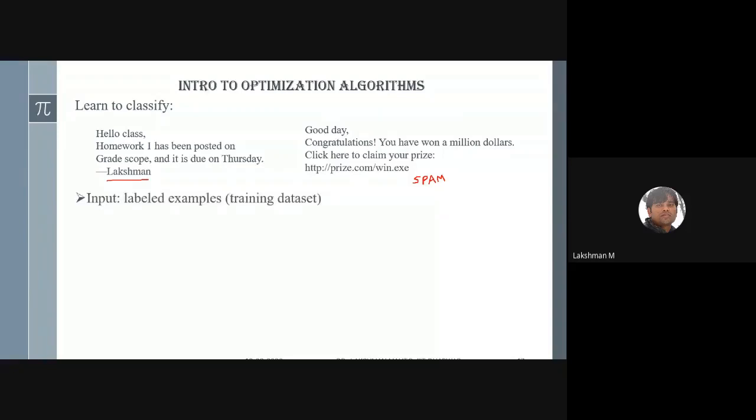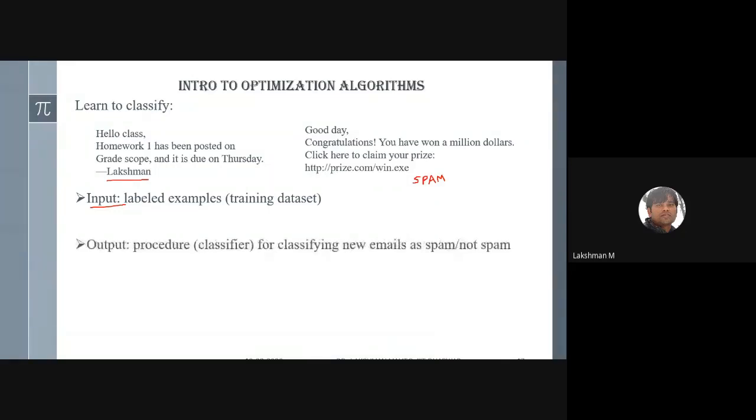Here, in order to do this kind of modeling, you have to come across input. I'm talking about a specific binary classification problem. So what would be the input? Input would be your labeled examples, another name for which is the training data set. Then what would be the output?